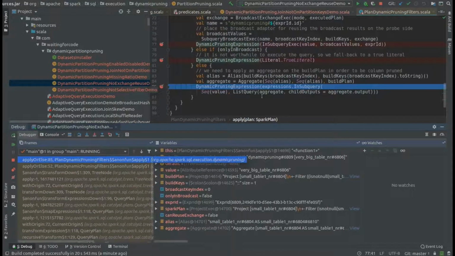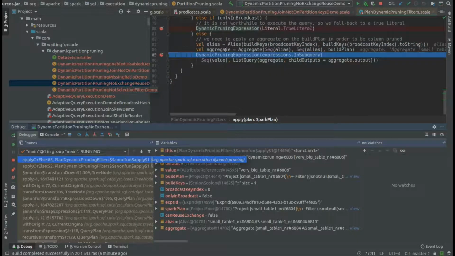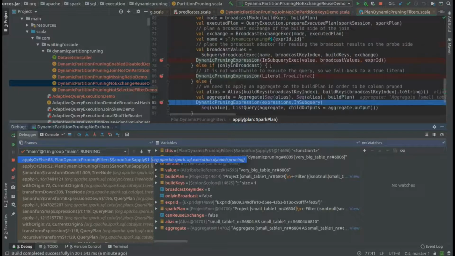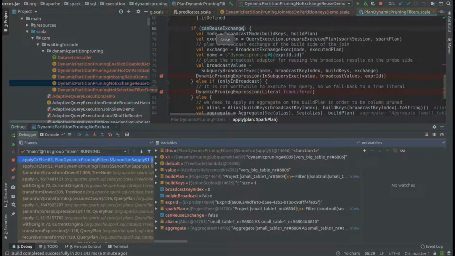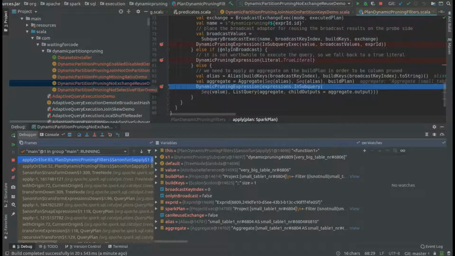And unlike in the previous case, you can see that here, in the third use case, we cannot reuse the exchange because we configured the Spark session like that, and also that the partition pruning can be used not only with the broadcast mode, so with the broadcast exchange. And you can see that for this last specific case, we will create a sample subquery